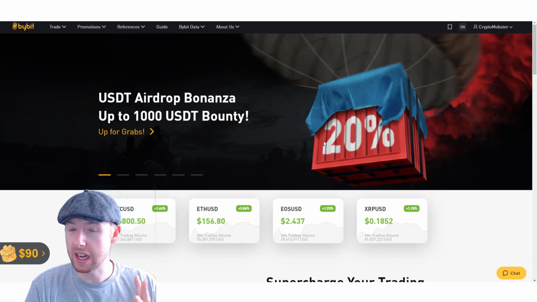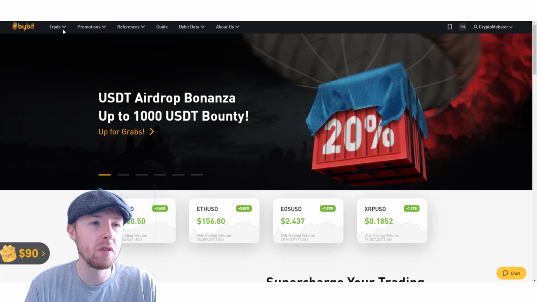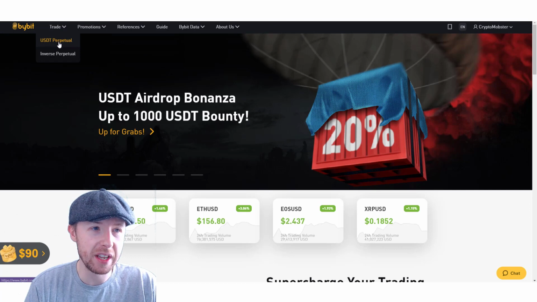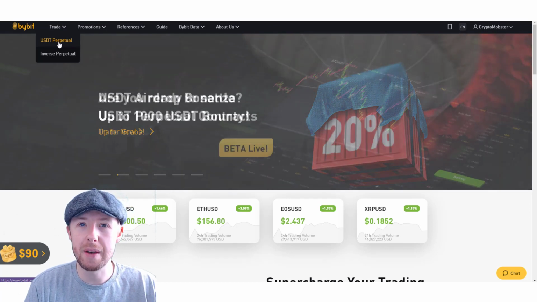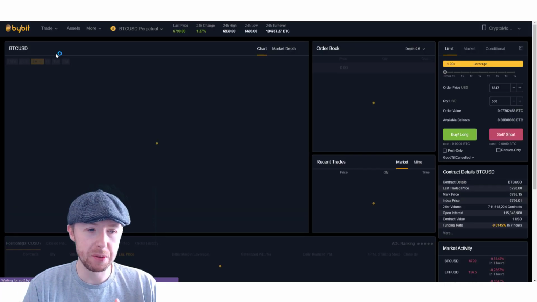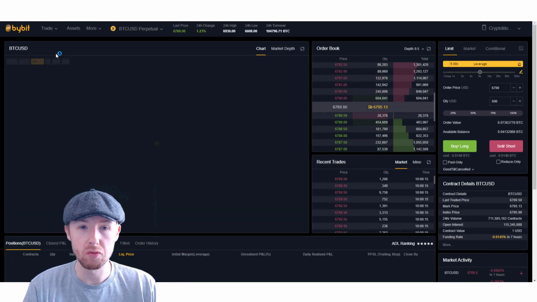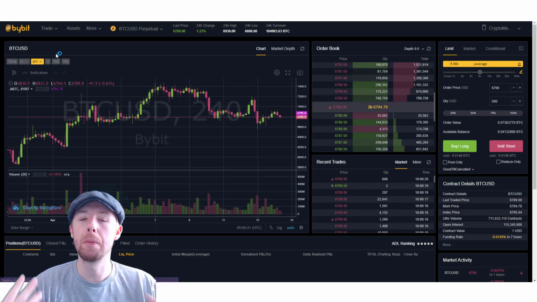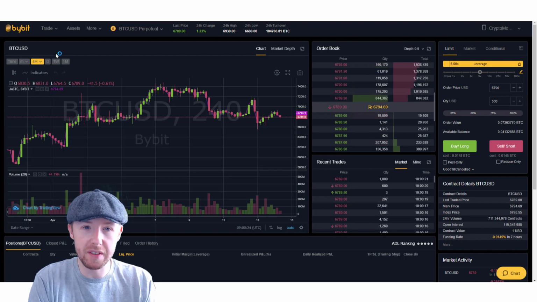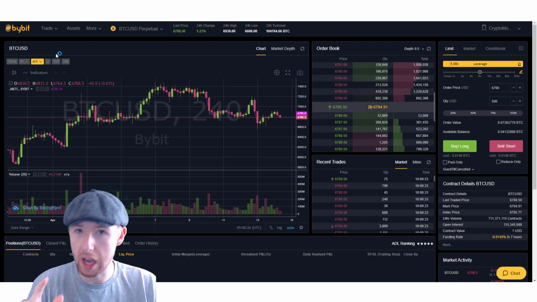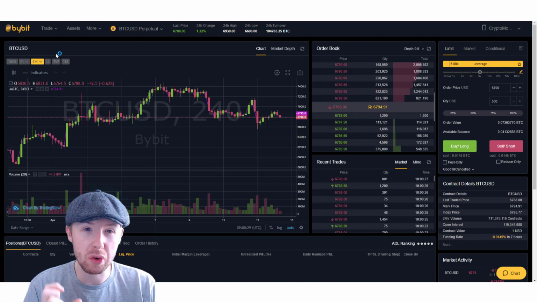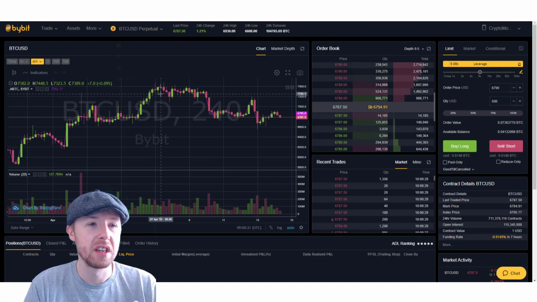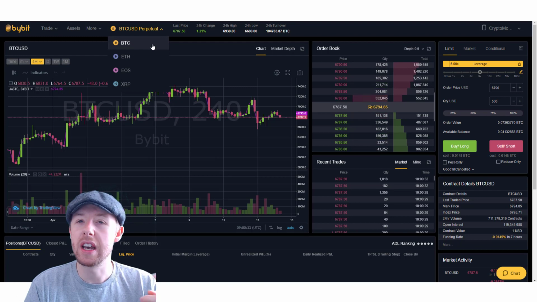But the first mention I want to give is to Bybit. This is, as I say, my preferred option. And I want to go over this just to give you an insight: they've got US Tether and they've got the asset itself. The reason why I like this is because I prefer using the asset. I think it's really good. This is overall, in my eyes, the dominant one, the best version as it stands in terms of interface and use case. I think it's the best, but as I say, it has a few little issues with the choice. You've only got these: BTC, Ethereum, EOS, and XRP.